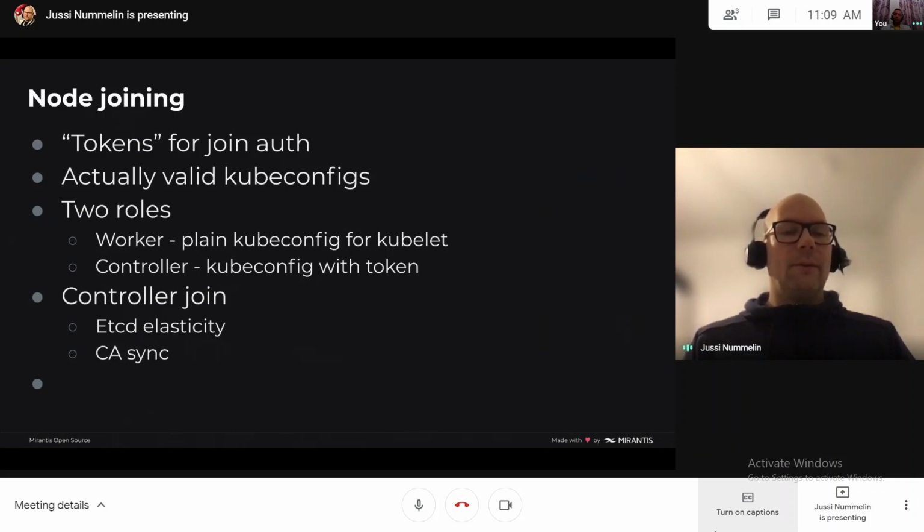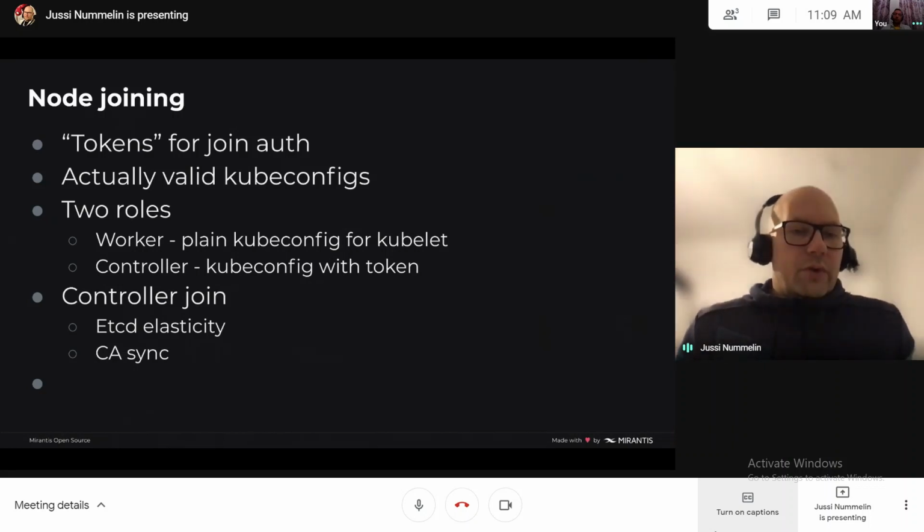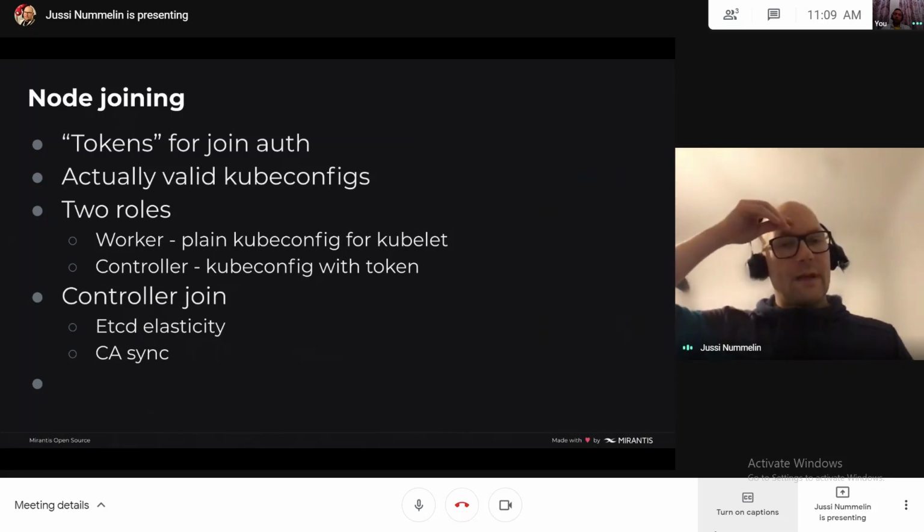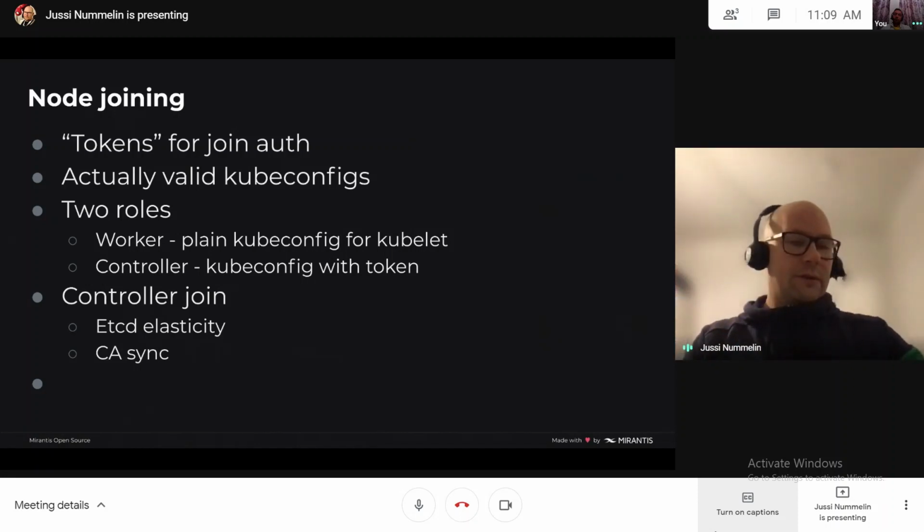Of course, worker join is connecting the kubelet and node components on the nodes to the control plane components, and when we are running the join process for the controllers, what we actually do is we need to sync up things like the CA, the certificate authority created for the cluster.